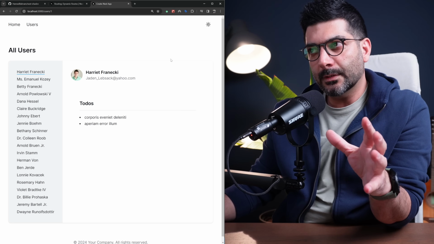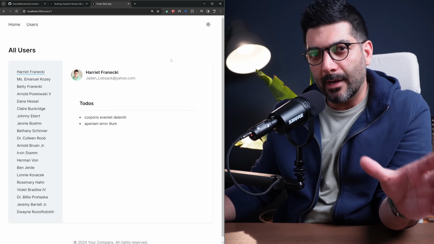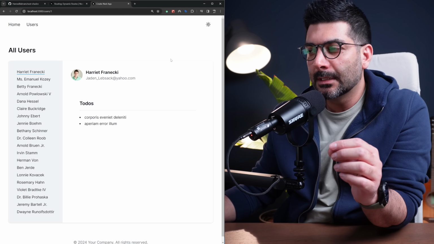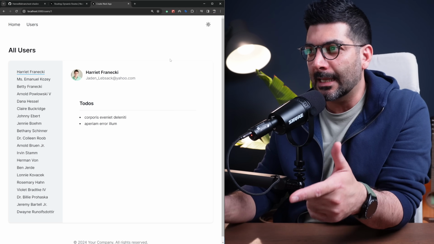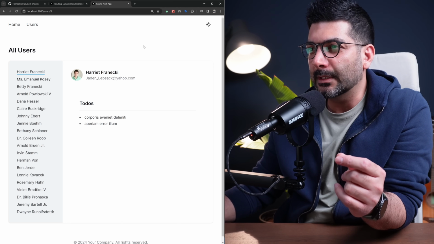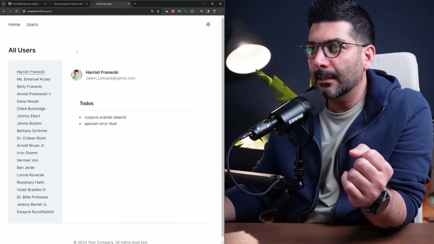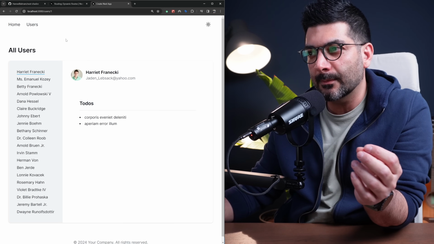So let's see what we're talking about today. We're talking about dynamic routes, dynamic catch-all routes, and dynamic optional catch-all routes in Next.js. And we're going to learn about them through the docs, the concepts, and also by creating this application here where I have a users table, and all of which is just rendered from one page or one dynamic catch-all segment,